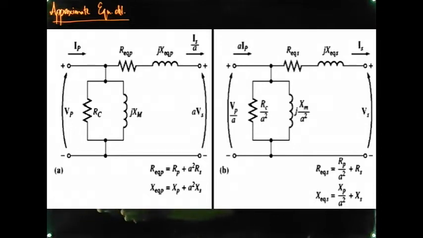So we can do this by shifting it to the primary winding, either in case of a secondary winding being referred to primary winding or primary winding being referred to the secondary winding. That means we can shift the shunt branch towards the primary terminal or towards the secondary terminal. Regardless of that, we can club the resistances and the reactances to form these two approximate